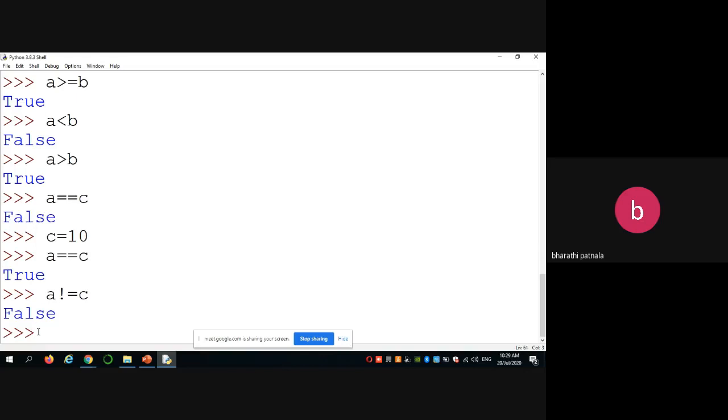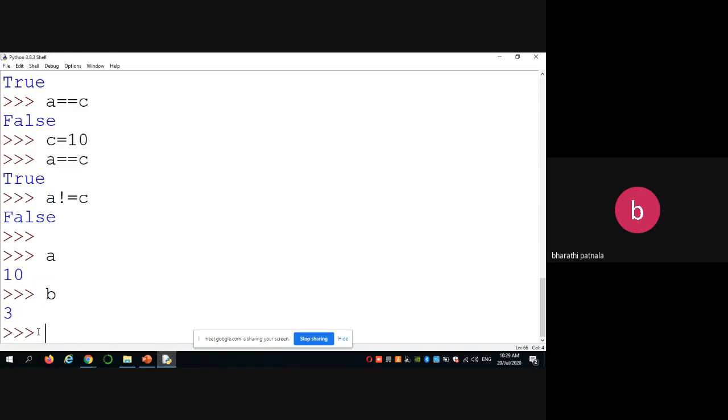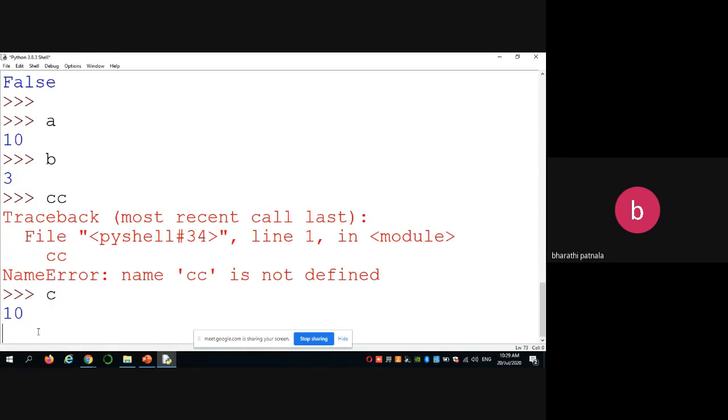Next, coming to logical operators. So in logical operators, again I am checking A, B, and C values.